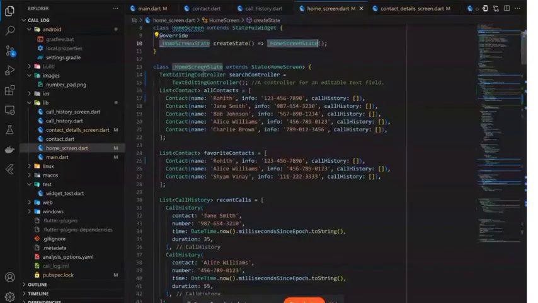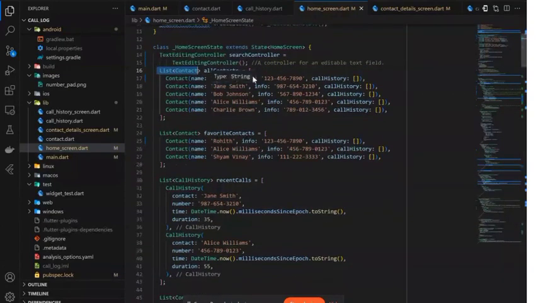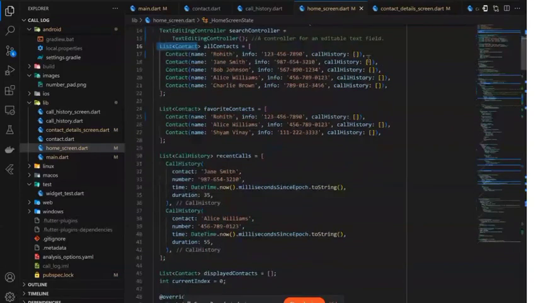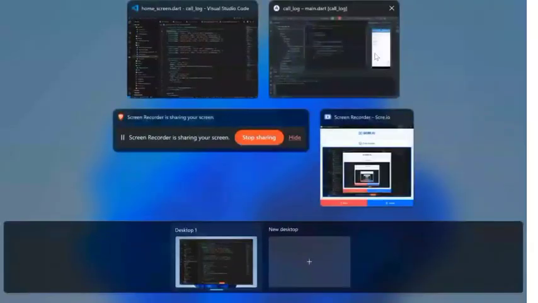Okay, next we come to the TextEditingController. It is a controller for an editable text field. That means it controls the text field, and we are taking the contact list of contacts, like some names and phone numbers, and we are taking their call history as an array, and we are creating here